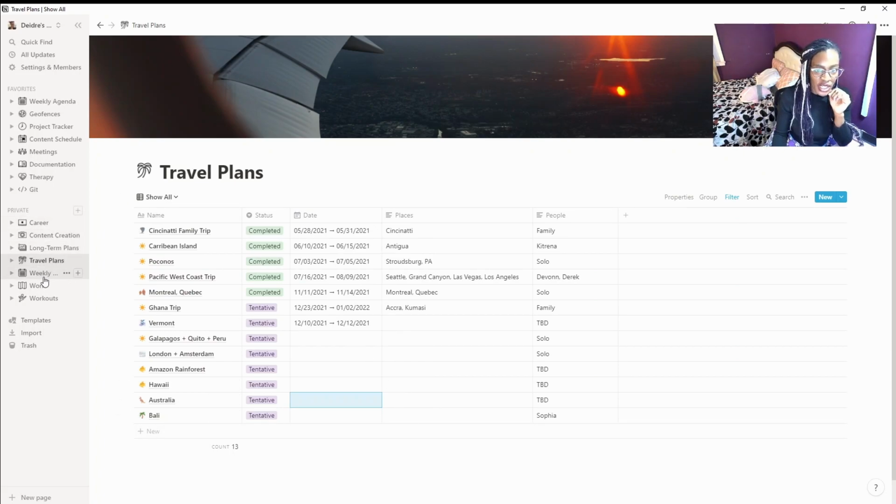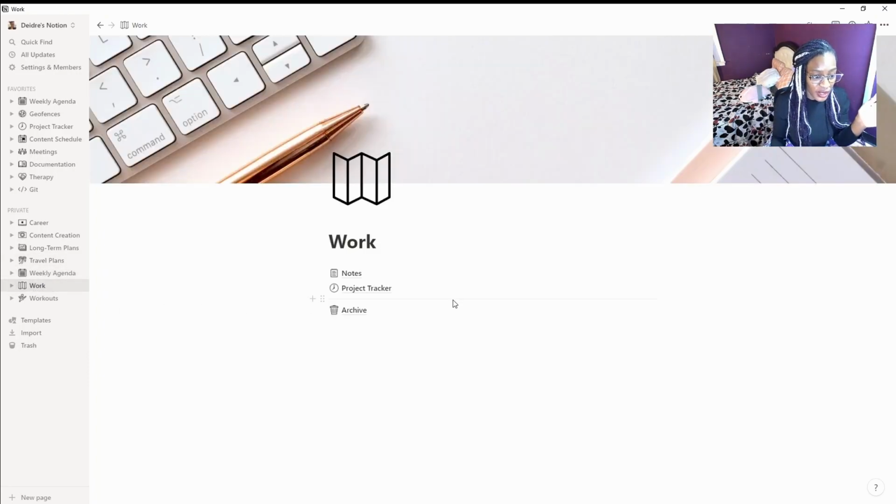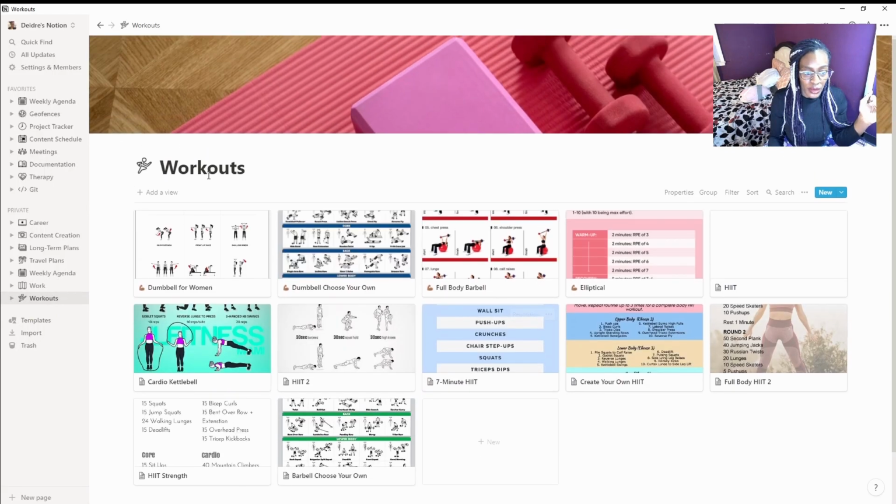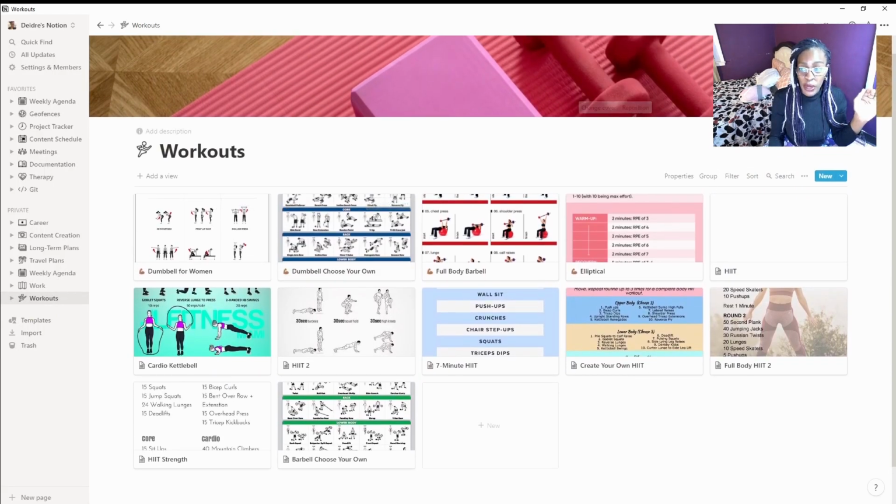And the weekly agenda, we kind of just went over, so I'm not going to go over that again. And then I have work. Actually, before I even get into work, let's get into workouts. Okay, for my workouts,